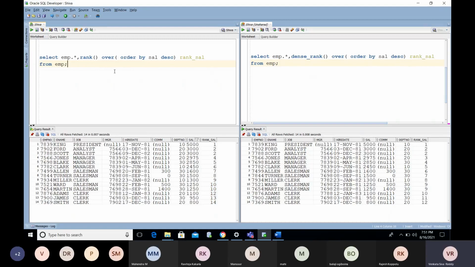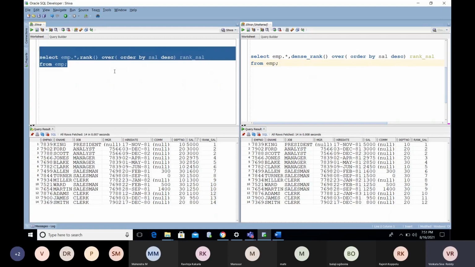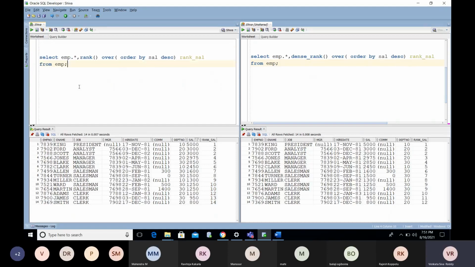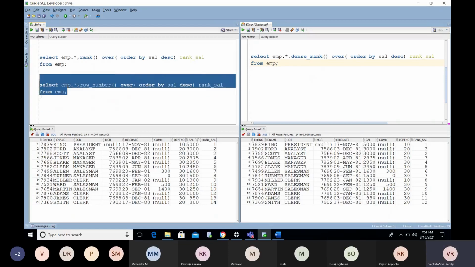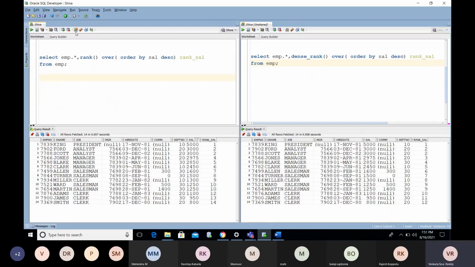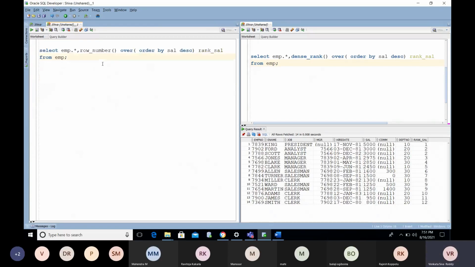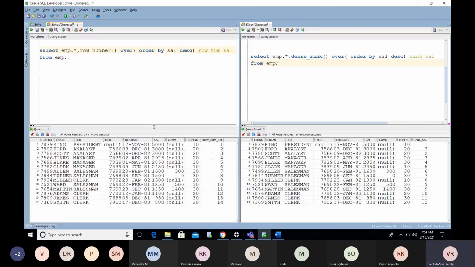Okay, what other functions do we have to provide ranks? We have another function, ROW_NUMBER, and also ROWID. We haven't discussed ROW_NUMBER and ROWID, right? Okay, we'll see. We'll decide another session and we can compare each and every thing. ROW_NUMBER will provide row numbers. To understand that, I'm going to split this into another session.